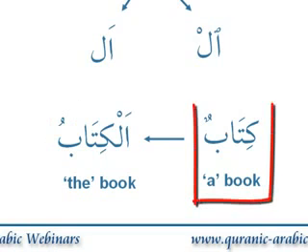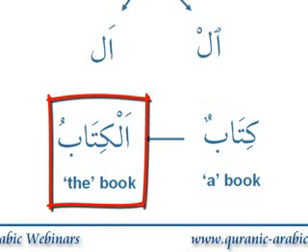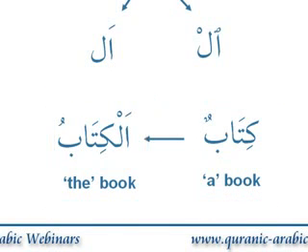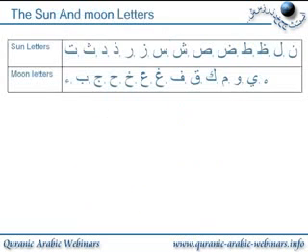So kitabun, a book, becomes al kitabu, which is the book. Okay, so that's just the background on the word al, and if you look in your Quran, you will see lots and lots of words beginning with al, because they're just talking about definite objects. Okay, the next thing